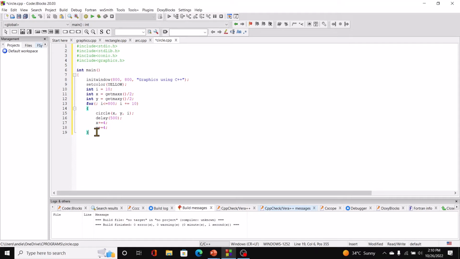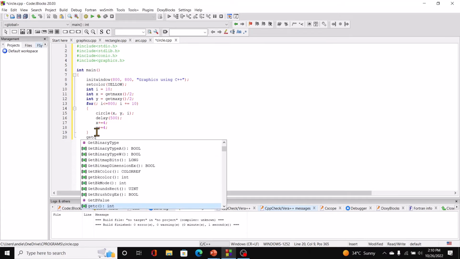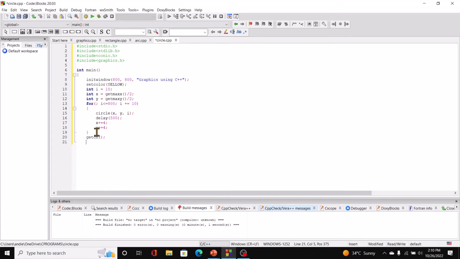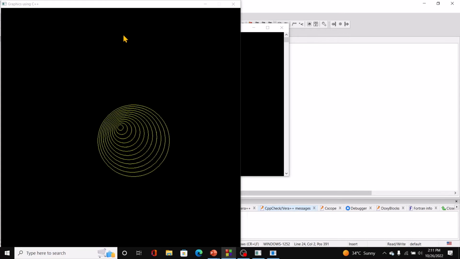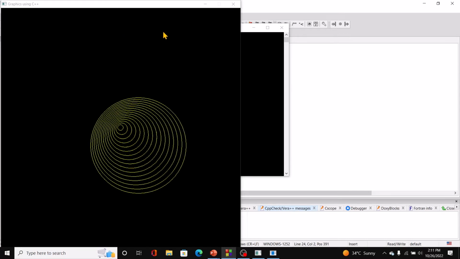And then, of course, a get out of this for loop and return 0, right? Let's build and run now. And you can see those circles being drawn. Right, so I hope that's clear. Moving on now